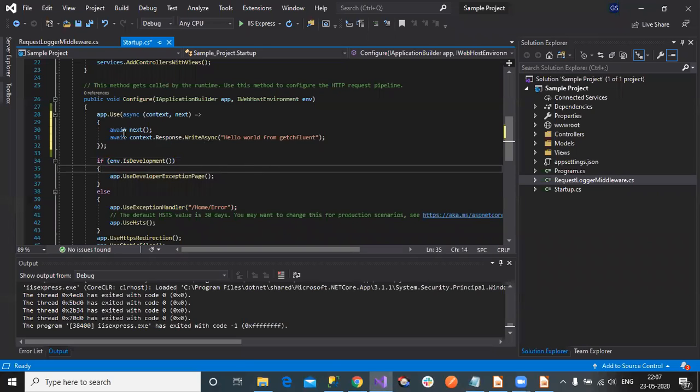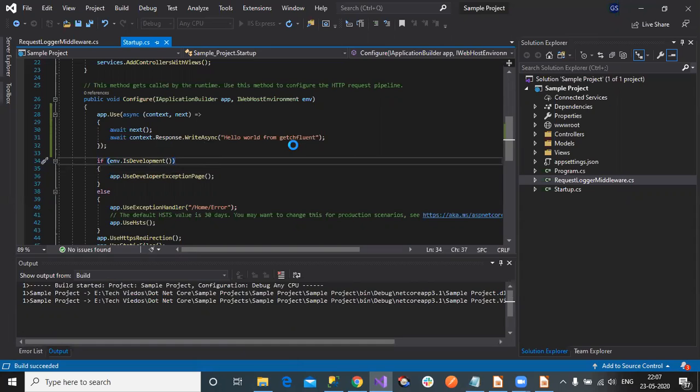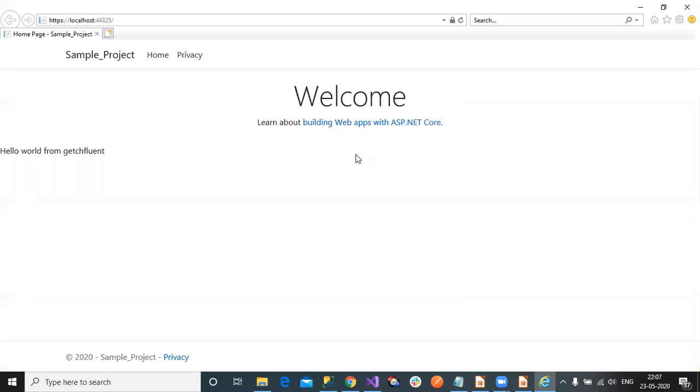With the help of the next delegate, we are passing our request to the next middleware in the pipeline. So let's run and see. See in the browser, we are getting the welcome screen with the response from our middleware.